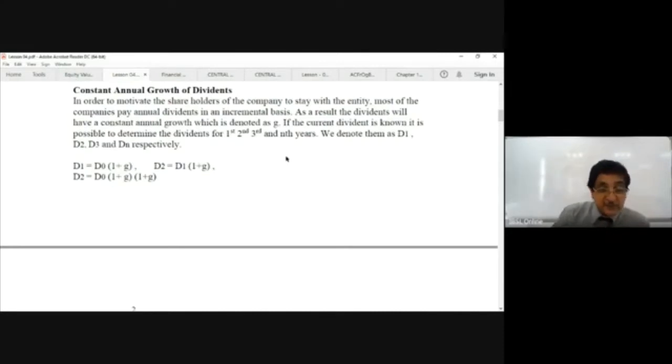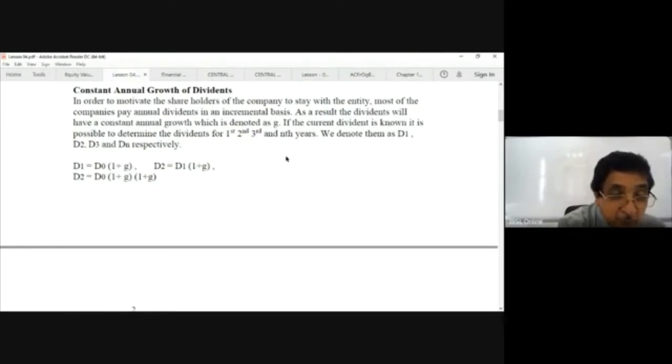Now you can just see how we can go to the second year's dividend. The second year's dividend is D2. D2 is taken as D1 into 1 plus G. So therefore,